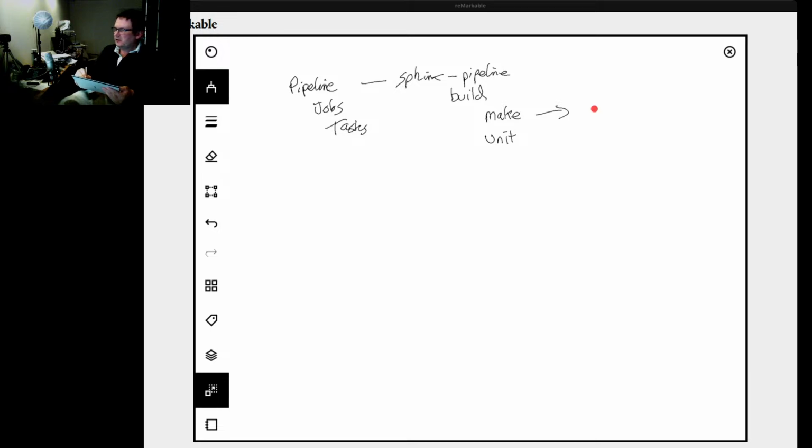And make runs a script called Sphinx build. Actually, I'll rephrase that. It uses a task file called Sphinx build YAML. And the other one uses one called Sphinx unit.yaml. And those two files, those two YAML files, describe the tasks. Okay, so in the case of Sphinx build,